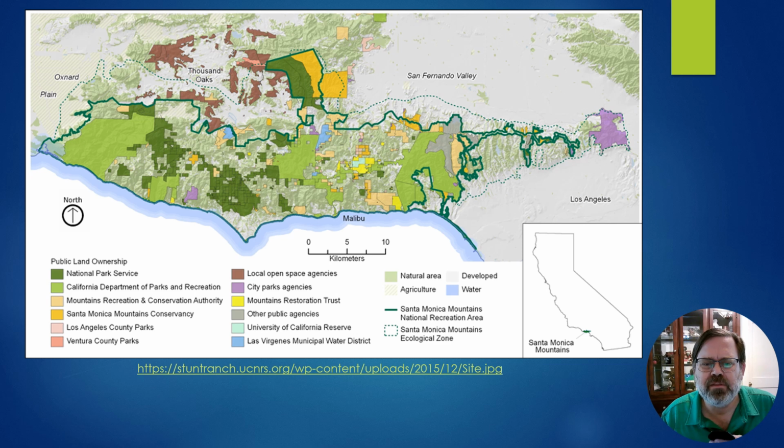If we look at an area, this is the Santa Monica Mountains just west of Los Angeles. Currently, there are some fires going on in Pacific Palisades. That would be in between the protected areas and east of Malibu, indicated on this slide. So these are a patchwork of areas of protection: National Park, California Department of Parks and Recreation, both of those in green, Mountain Recreation and Conservation Authority, Santa Monica Mountains Conservancy, LA County Parks, Ventura County Parks, local open space